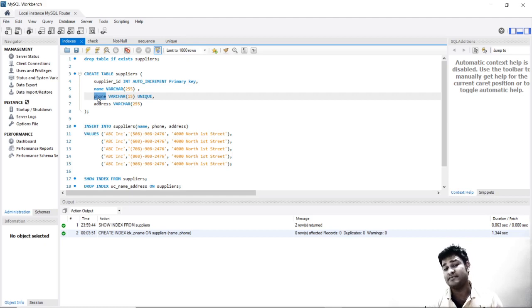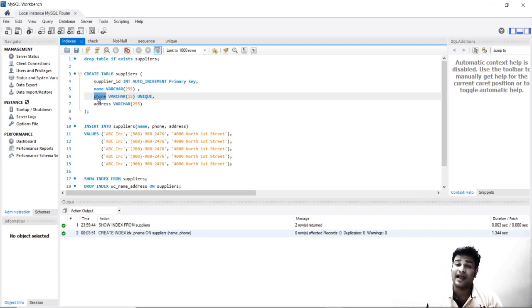B tree mechanism checks for the middle element, and if it is equal, then it says that we have found the element, it is already present, duplicate constraint. But if it is less than the middle element, it will check only the first half, because the second half will always be greater than it, right? If it is greater, then it will check the second half. So it only checks the middle element.